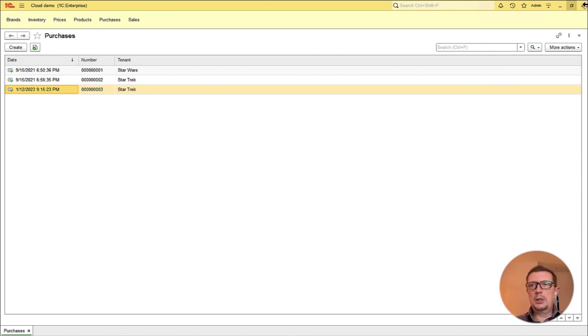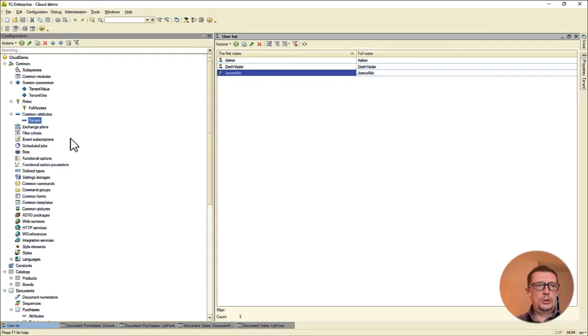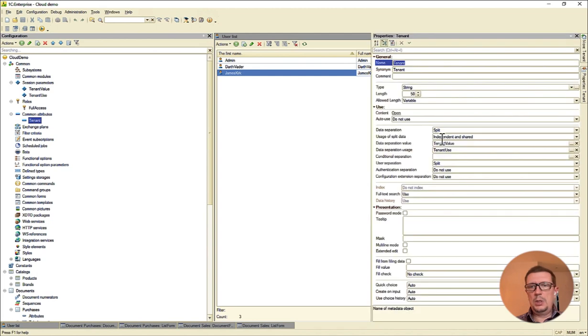Now let's check what changes when we decide to split data completely independently. Basically, what I just did is I hid the tenant value from everywhere. So anybody working with the application just does not know what tenant he's working in and what other tenants there are in the database.